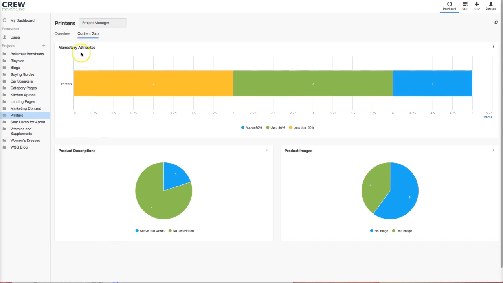And what we want to demonstrate here is the content gap analysis. Now, this is a feature that is on the dashboard. And what this does is it takes a look at the data for each of your items and helps you understand whether you have enough of the required attributes to have a strong product description. In this case, we can see that 2 of the items do not. One of the items does, two of the items have 80%, and one of the items is above that 80%